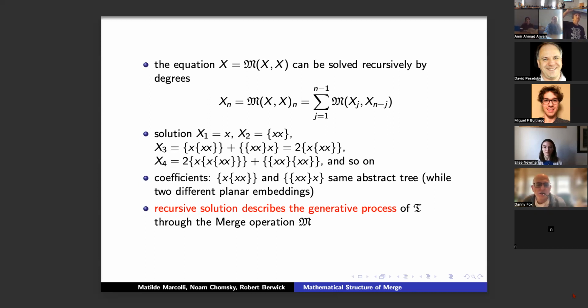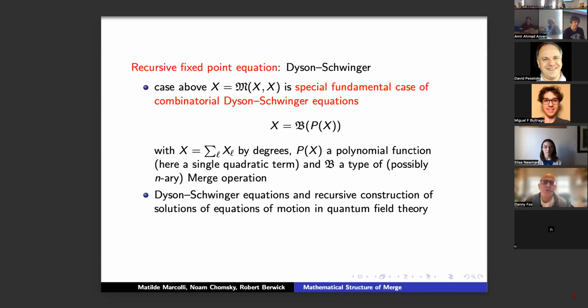It's a parsing situation, you're sort of mapping these to some, whatever, summarizing something. So I will come to that. But for now, I'm just looking at the generative structure itself. So this is just encoding the same generative process of the free symmetric merge. But I'm just saying that it's the same thing to just describe it as the solutions of this fixed point equation. And so the reason why I'm mentioning this is because this is, if you want, the